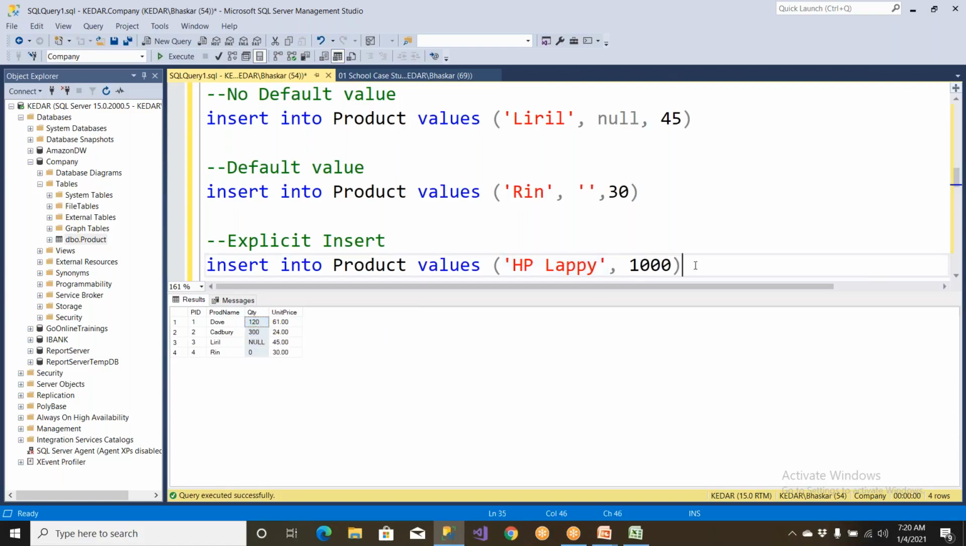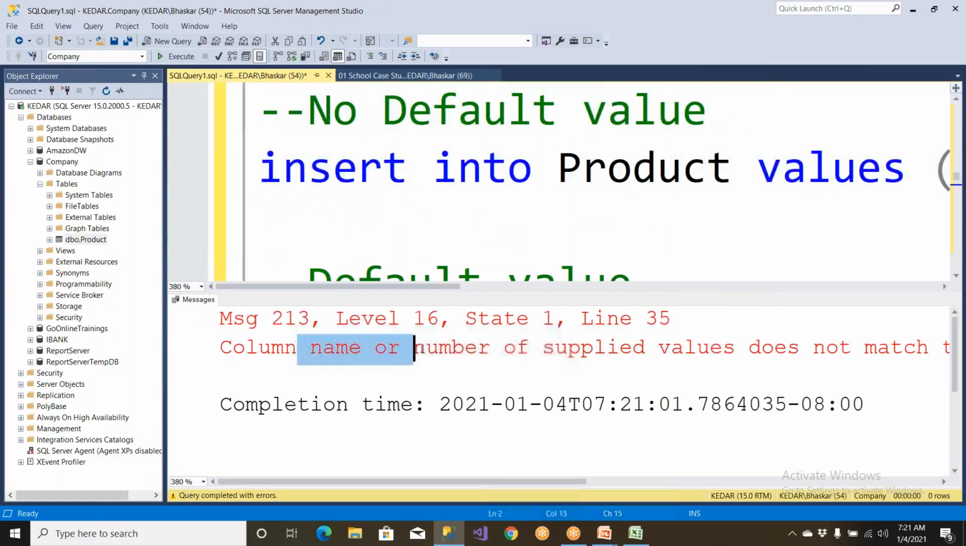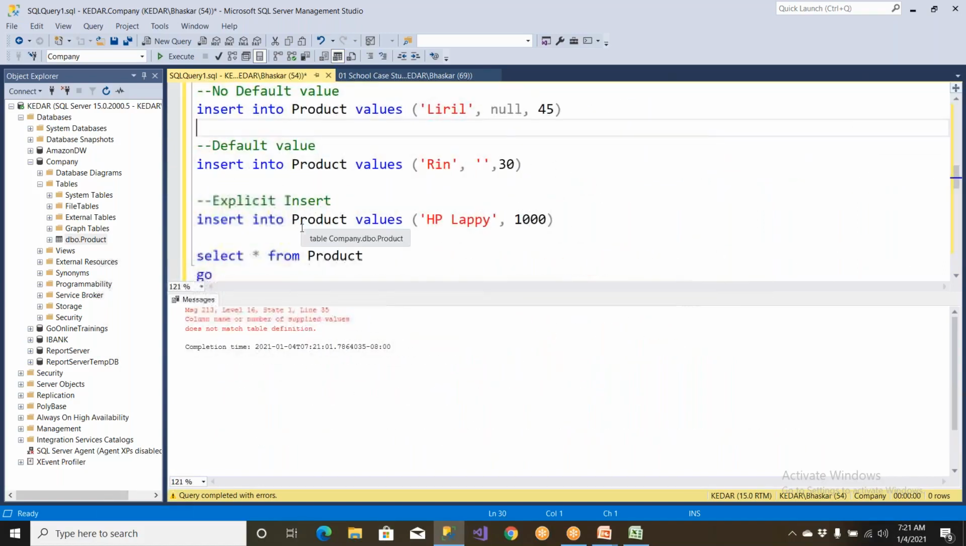When I execute it, will it work? It is not going to work. It is telling me the column name or number of supplied values does not match the table definition. There are 4 columns and you are supplying 2 values. So SQL Server is confused. You need to clearly say to the SQL Server, SQL Server is getting confused. You're having 4 columns. You're supplying this data and this data. Where should I insert? Should I insert into the first column, second column, third column, fourth column? I don't have any clue because you have supplied